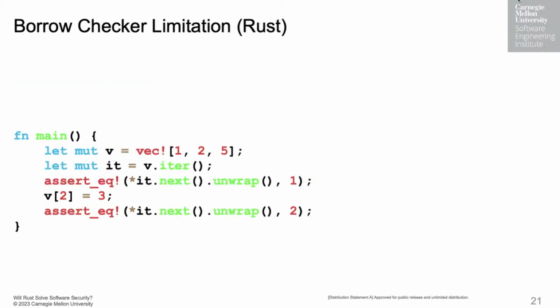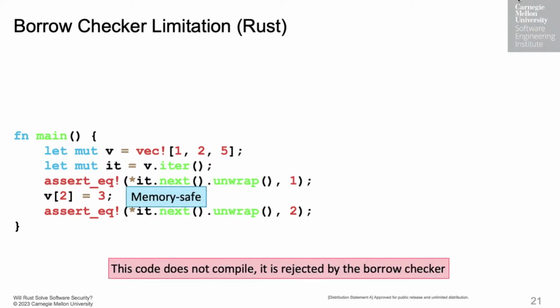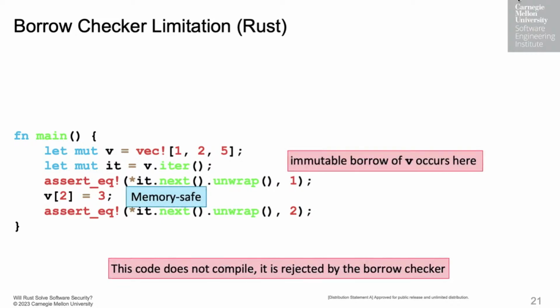The analogous Rust program, however, fails to compile. And again, while it looks to you and me that this program is well defined, it would work properly, it violates the borrow checker because, again, we are doing an immutable borrow on the second line of actual code and then a mutable borrow on the fourth line of actual code, and this is forbidden. So the borrow checker will stop you and not allow this program to compile.